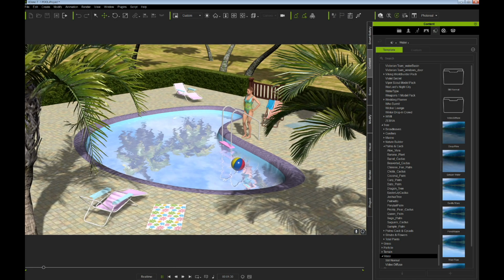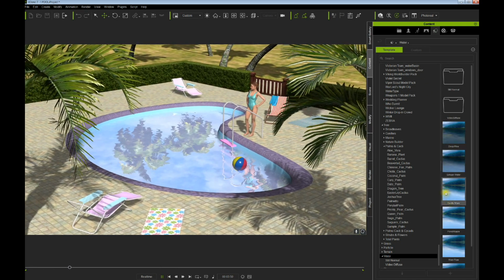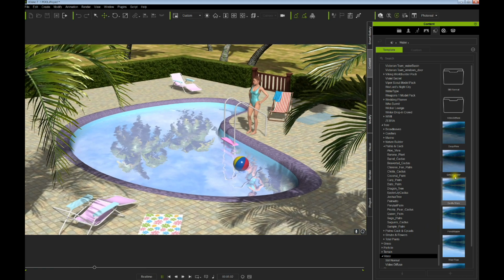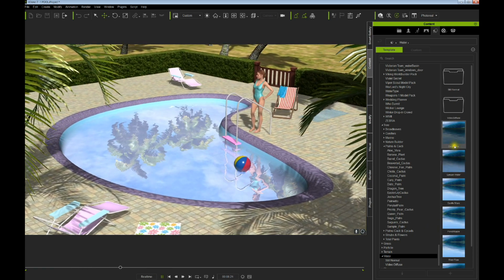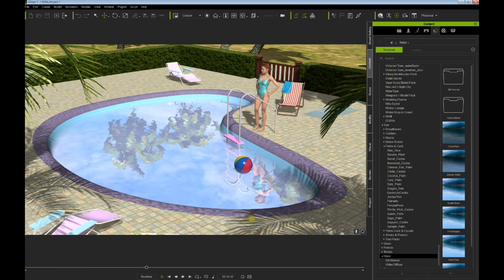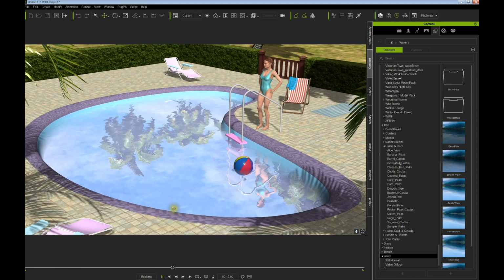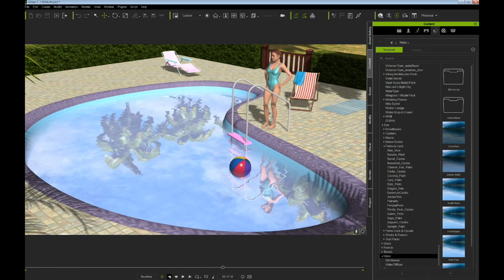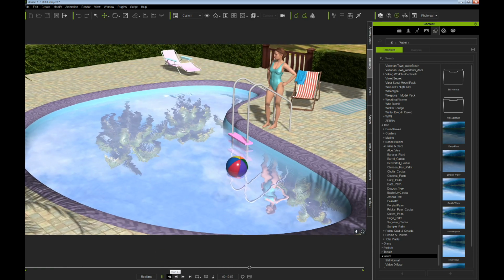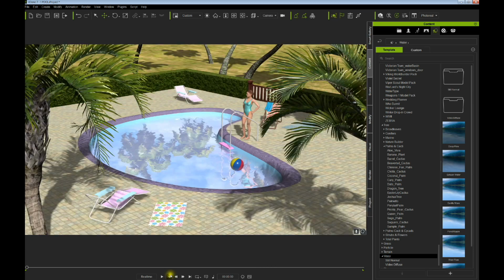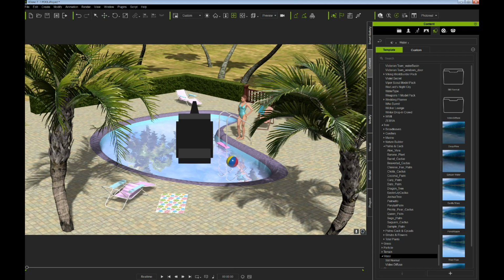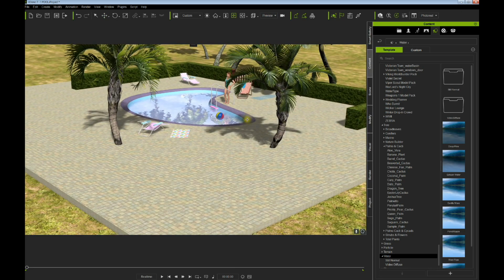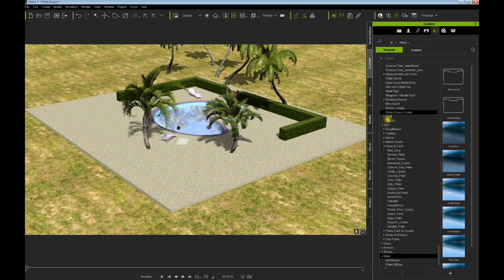Now you can use the water props that are available and come with iClone now. They're not perfect, but you can utilize them, and they'll work in certain respects. The reflections are a little strange in some situations, but you can use them. Now in this scene, what I did, I had created this old pool prop years ago, and